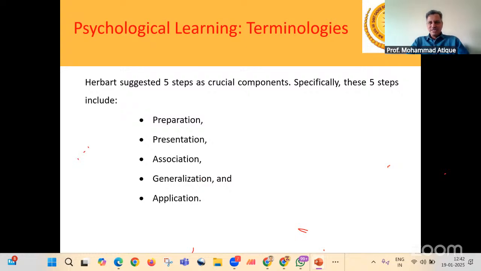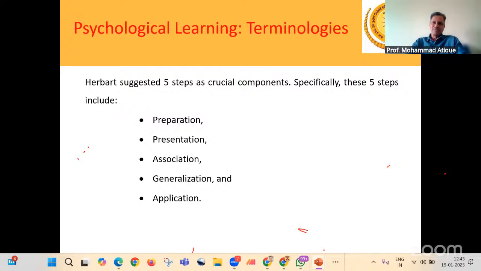Let's say you want to deliver on a particular topic, maybe Newton's laws of motion. Okay, 1, 2, 3 laws you have planned. So what you will do, you will prepare the stuff maybe in handout form or in a PowerPoint presentation, whatever it is, right? So that lesson plan will comprise preparation, the very first aspect.